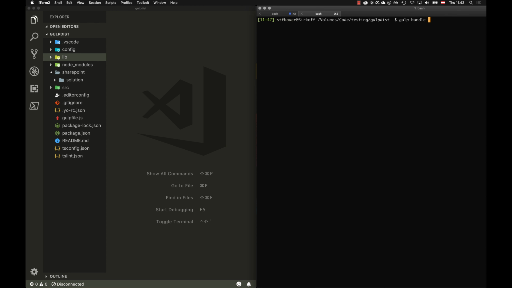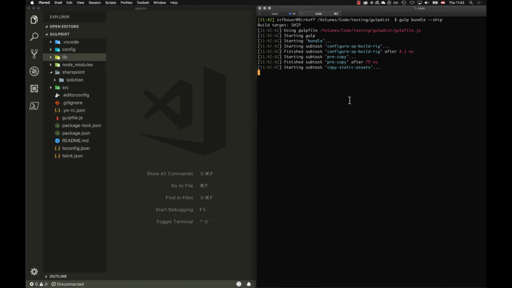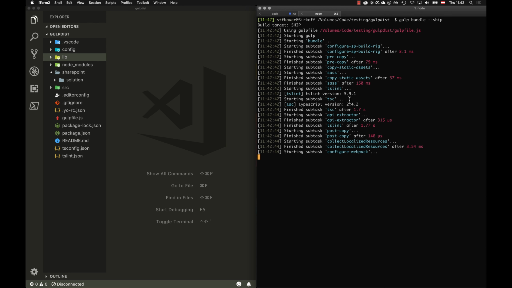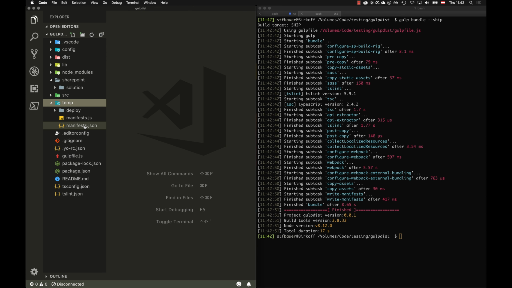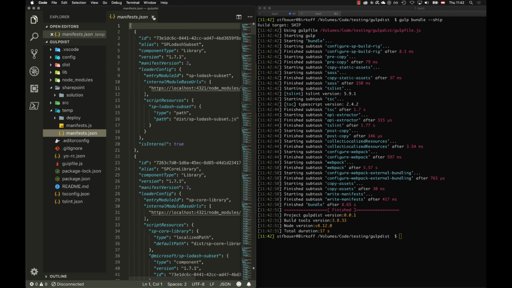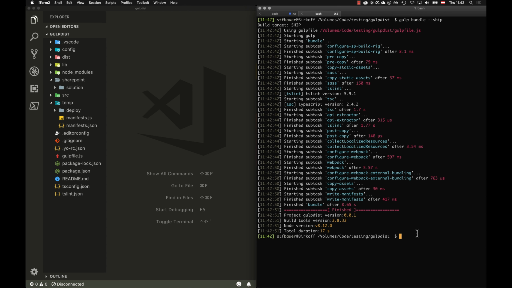bundle --ship for production. This will then add some additional artifacts to my project. Then you will see here, for example, a temp folder which contains the manifest of the web part. Okay. The last thing you need to do in order to ship it is gulp